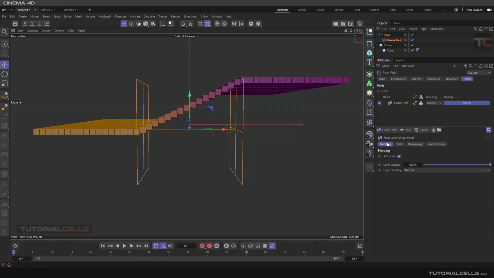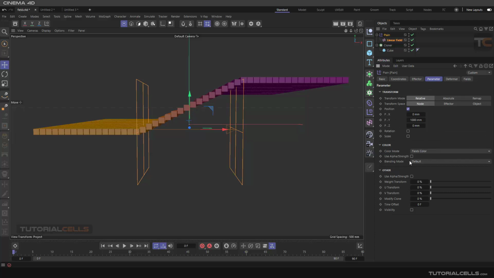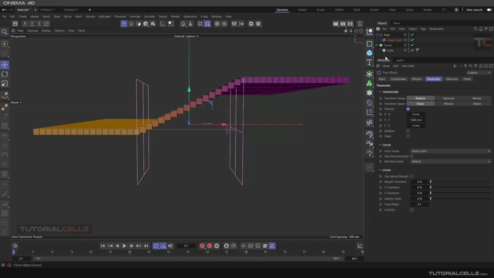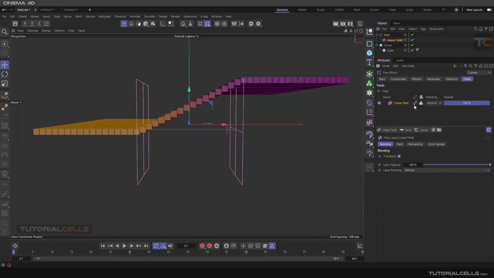So let's begin with the bending. If you open it, the bending options here are exactly the options listed here. You can control two things with the fields: one, the value, this parameter, and the color. So if you have another plane in a field, you can turn it off. As you can see, you can turn the value of that linear on or off here, or as you can see, in addition to